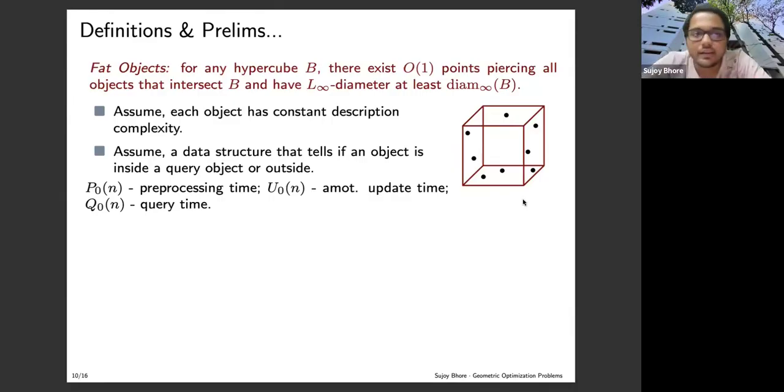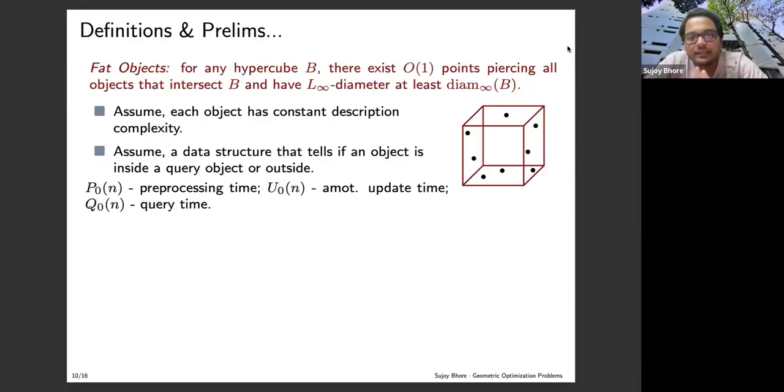Okay, thanks. Yeah, so I'll just very briefly describe this and then go to the conclusion. So for fat objects, there are many different ways to define fatness, and one of the ways is that for any hypercube B there exist constant many points which pierce all the objects that intersect this hypercube B and have L infinity diameter at least the L infinity diameter of B. Assume also that each object has constant description complexity,